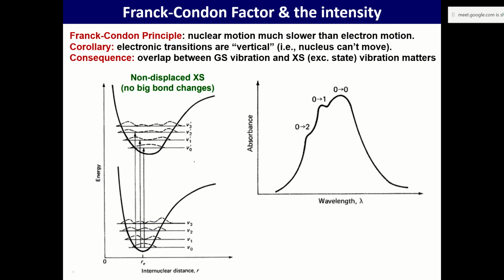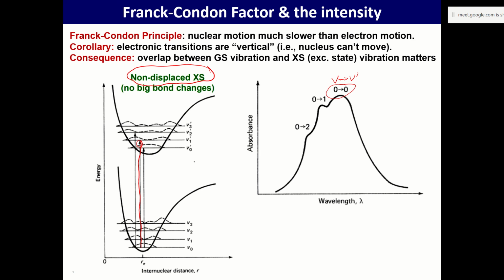Now imagine another case, suppose we have an electronic excited state which is non-displaced. What will happen in that case? If you start from zero, suppose from here, the best case scenario will come right here, matching. The others will not match well with anything, and the 0-0 transition will be maximum here. So if in your absorption spectrum you see that the 0 to 0 transition is the maximum, in terms of vibrational, this is the v to v prime,